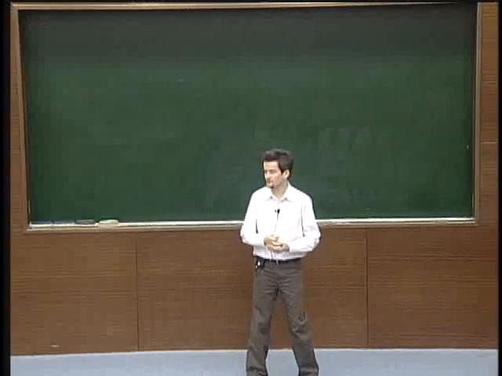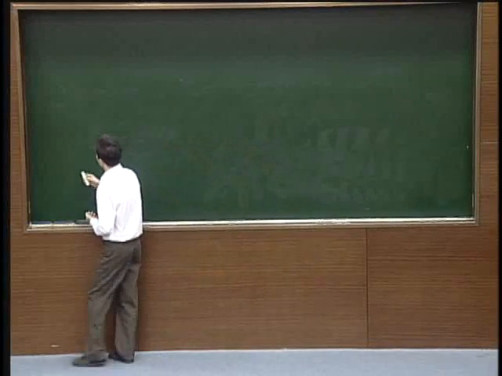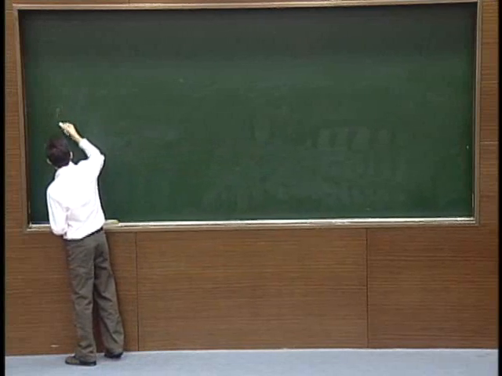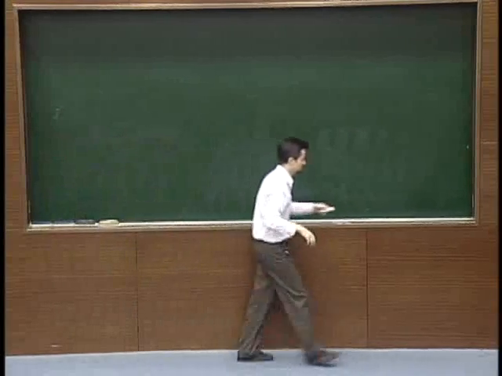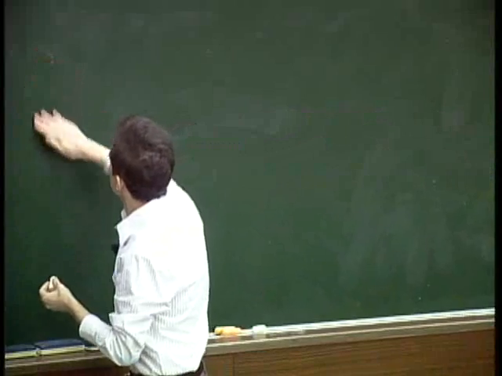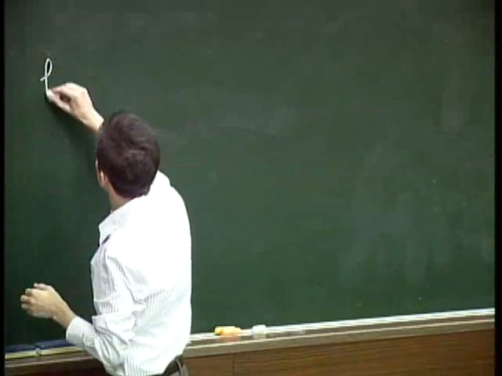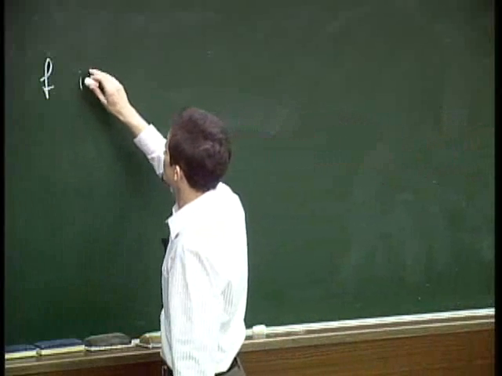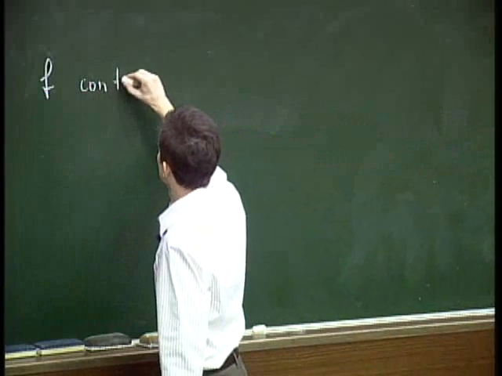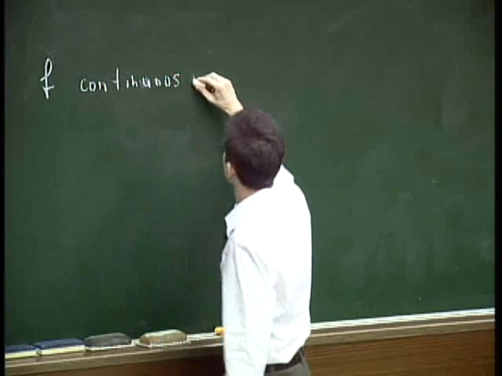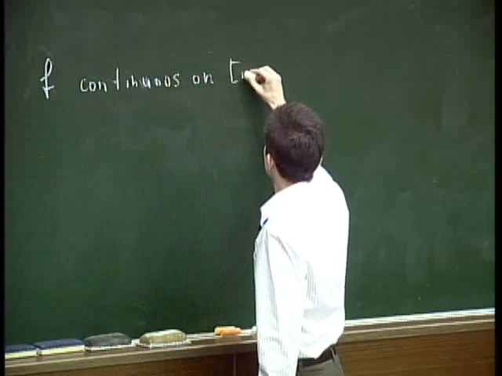is two parts of it. Maybe I just recall those two parts. So if you have a function, so if we have a function which is continuous on AB,